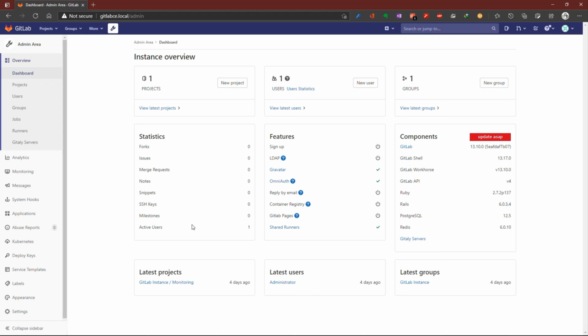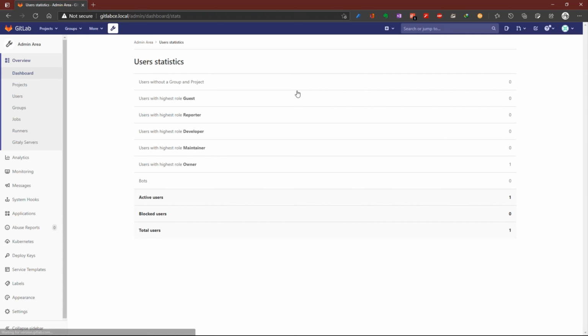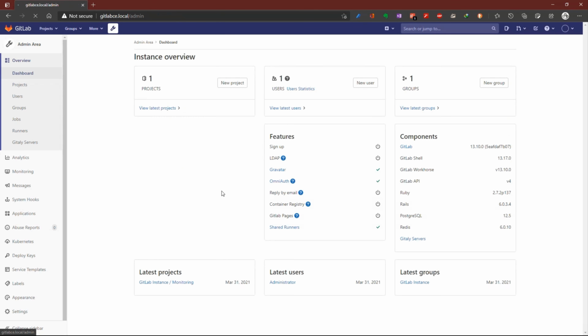For now, we don't have any project, but we have a user. The user is root, which is a default user to enter and configure your GitLab Community Edition.